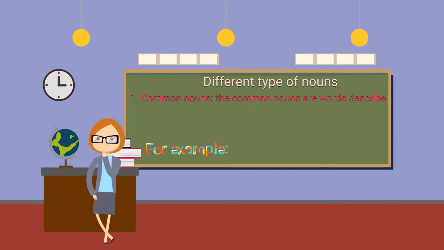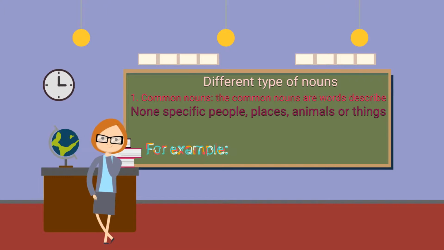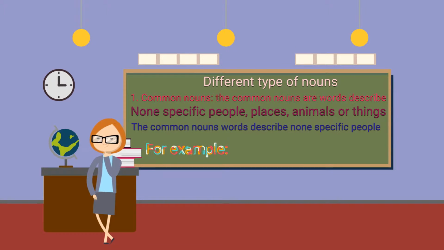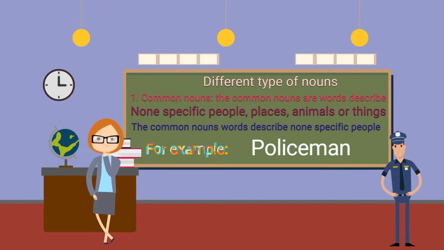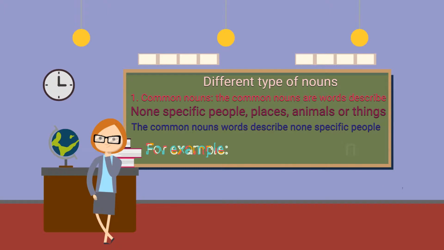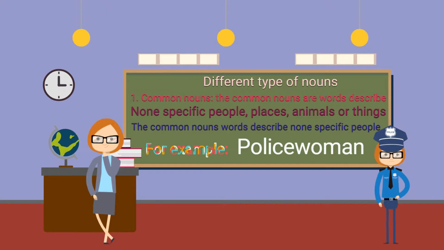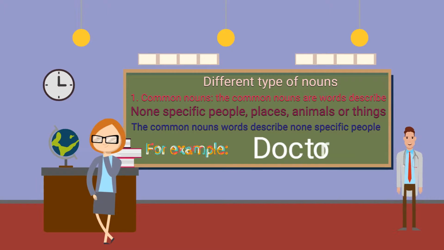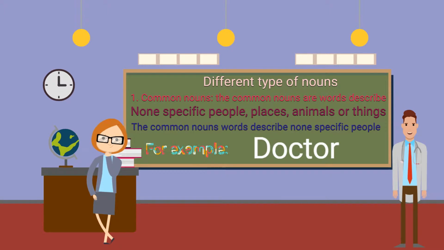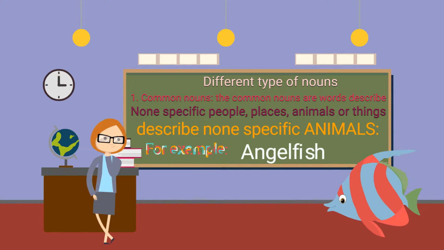1. Common nouns. Common nouns are words that describe non-specific people, places, animals, or things. Common nouns describe non-specific people. For example, policeman, policewoman, doctor, angelfish,